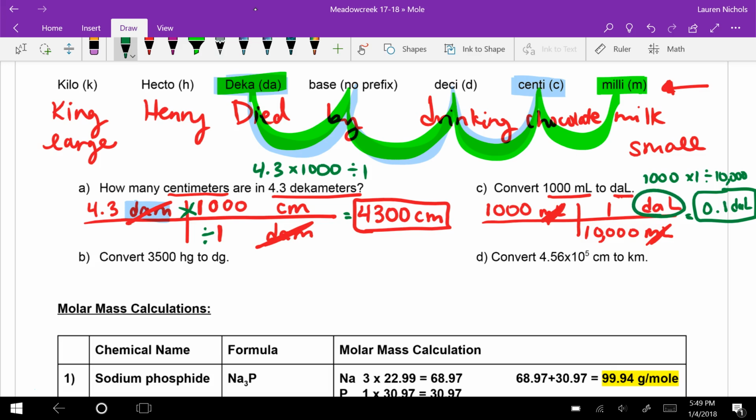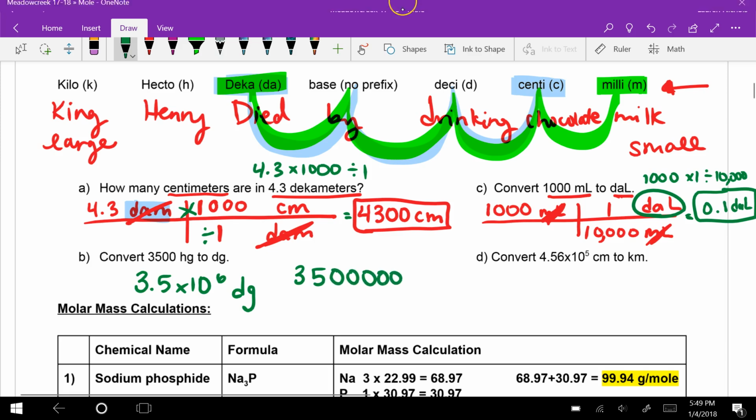Okay, so those are going to be our 2 examples. You can do the other 2 at home for practice. In order to compare your answers, for B, you should be able to get 3.5 times 10 to the 6 decagrams. This would also look like 3, 5 with 1, 2, 3, 4, 5 zeros after it. Those are the same number. And for D, you should have